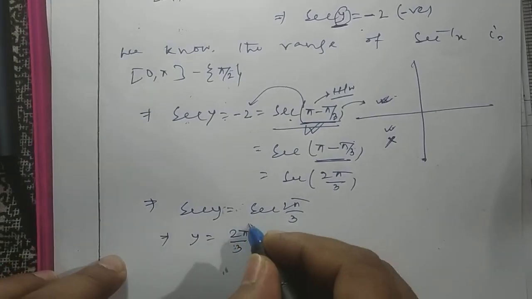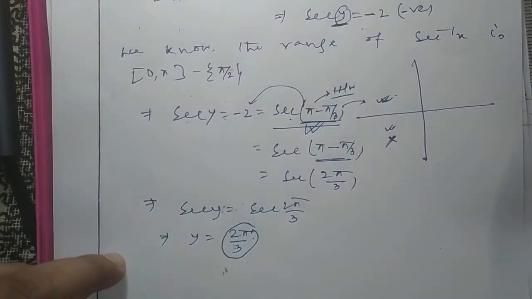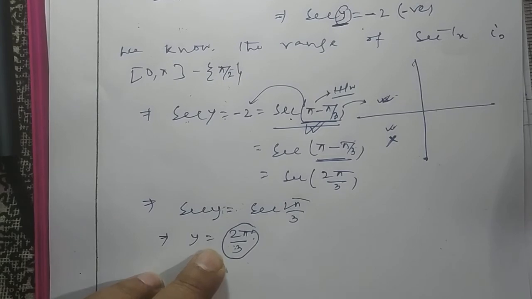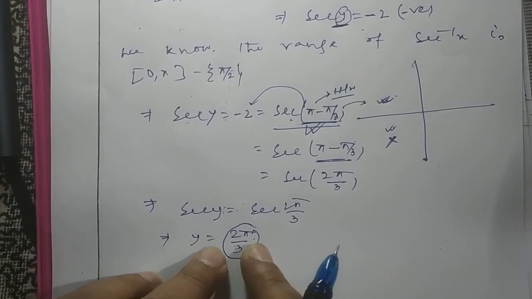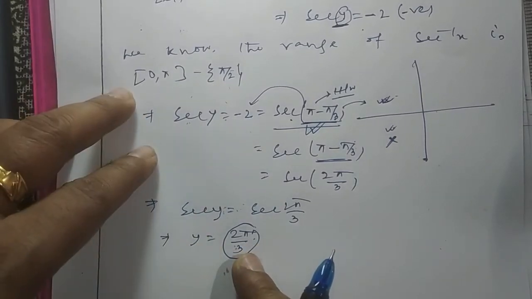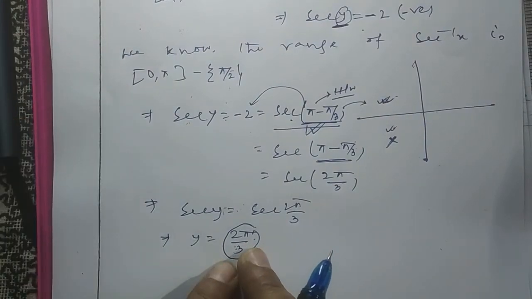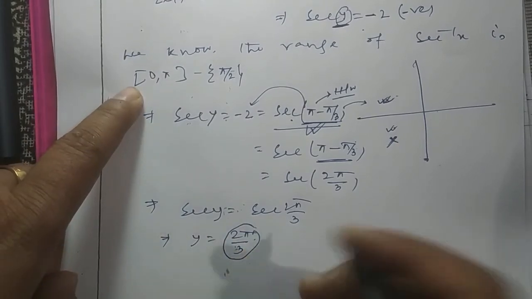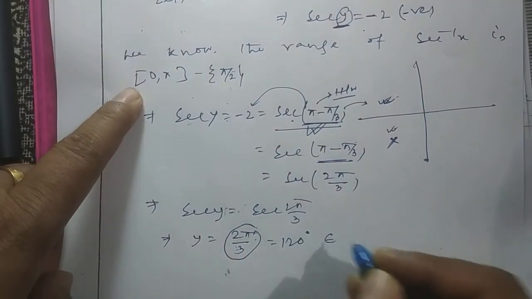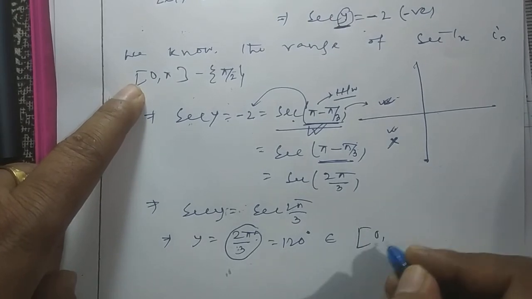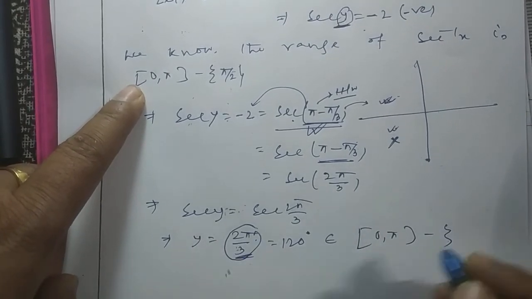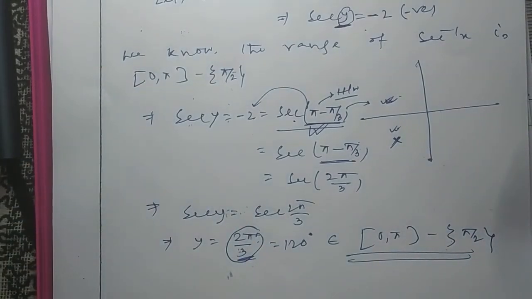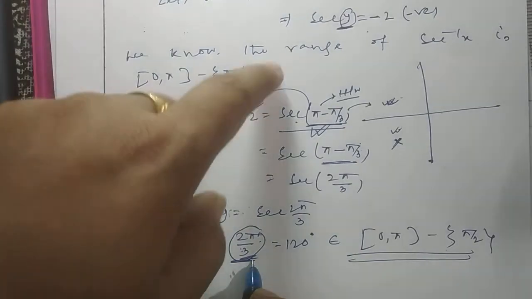Now you have to check whether this angle belongs to this range or not. If it belongs, it will be the required PV, otherwise not. Now check whether this angle 2 pi by 3 belongs to this range or not. Yes, it is clearly seen. This angle 2 pi by 3, that means 120 degrees, belongs to the range [0, pi] minus {pi by 2}. It is also not pi by 2, so it is satisfying the range. It is lying in the range. So it is the required PV of the given